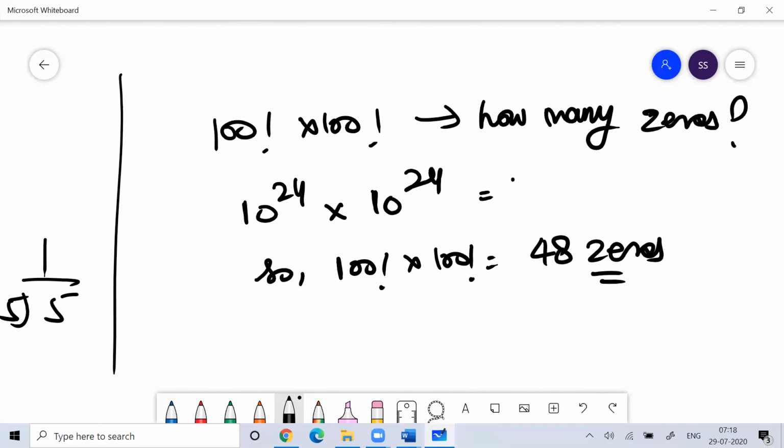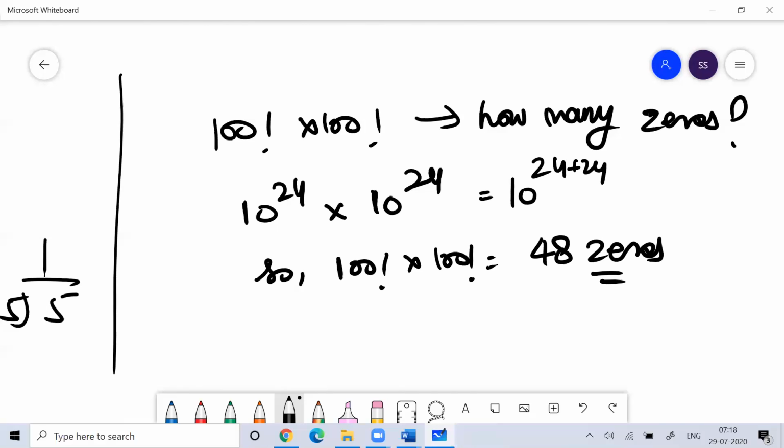So you know that when the base is the same, the powers get added in the product. Normally the students get confused, so you need to keep this line. With this, you can count the number of trailing zeros here. That is something important to look into.